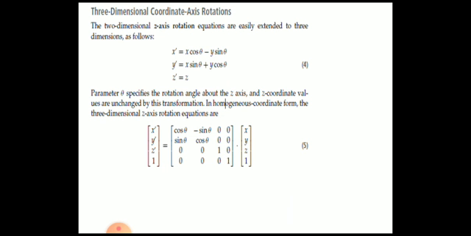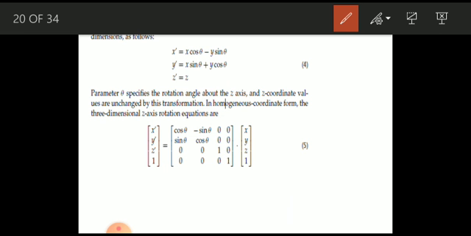Already we know that when rotation happens with respect to the z-axis, the new values of x and y, which are x dash and y dash, are defined as x dash is equal to x cos theta minus y sin theta, y dash is equal to x sin theta plus y cos theta, z dash is equal to z, because of course that's an axis which has to be kept constant. We cannot change that axis